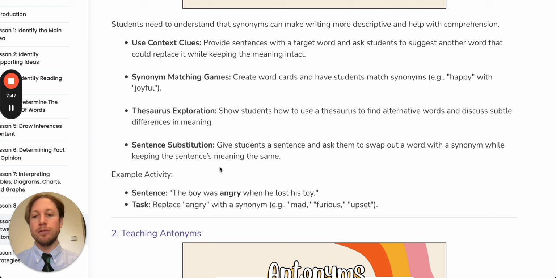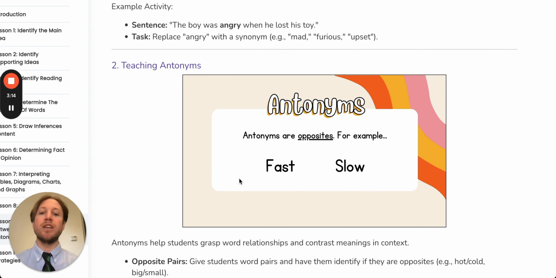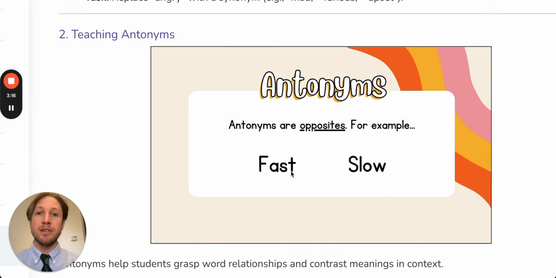And that's very similar to the activity presented below that we already went over, but this way you can not provide the students with cards or scaffolds and see if they can come up with words on their own, using their own knowledge, if they are familiar with other synonyms based off the word that would be in the sentence or read auditorially. All right, so now let's go on to antonyms, where we can remember antonyms are opposites,